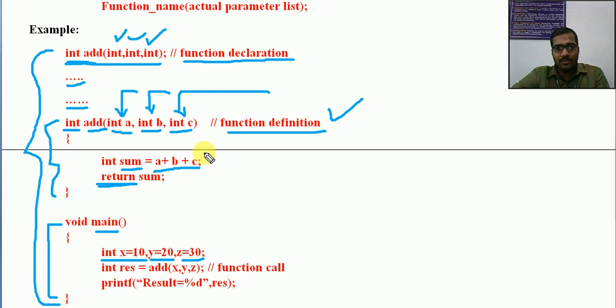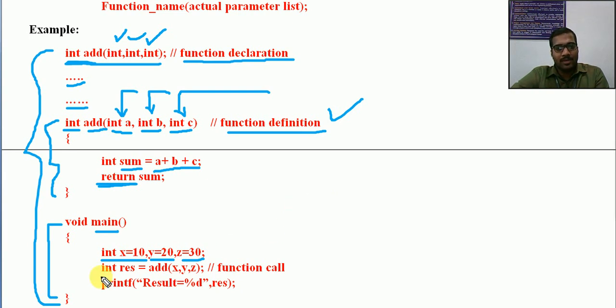We actually require 3 parameters, so that is why I am declaring 3 variables and directly assigning values. You can also declare 3 variables, then scan 3 values, getting the values from the user. That is also okay. Anyway you can get the value. You should have that value in the variable, that's all. Even without that, we can directly pass the value also. That is also possible, but normally user interactive programs will be scanning the values from the user. So that is a better way of writing the program.